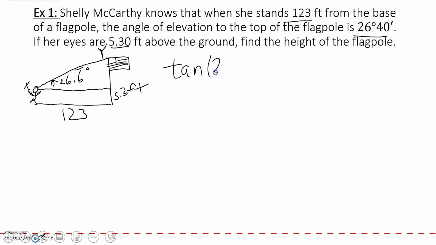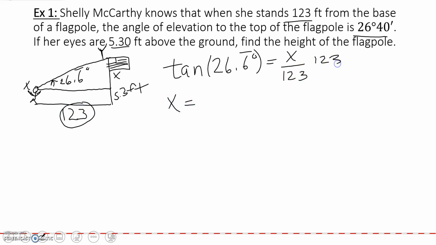of the angle that we have, 26.66666 repeated degrees, and that's going to be equal to the opposite side, which we're going to let equal a variable x, because we don't know what it is. So it's going to be x over the adjacent side, which is 123. Now if I want to solve for x, I multiply both sides by 123, and so I end up getting x is equal to 123 times the tangent of